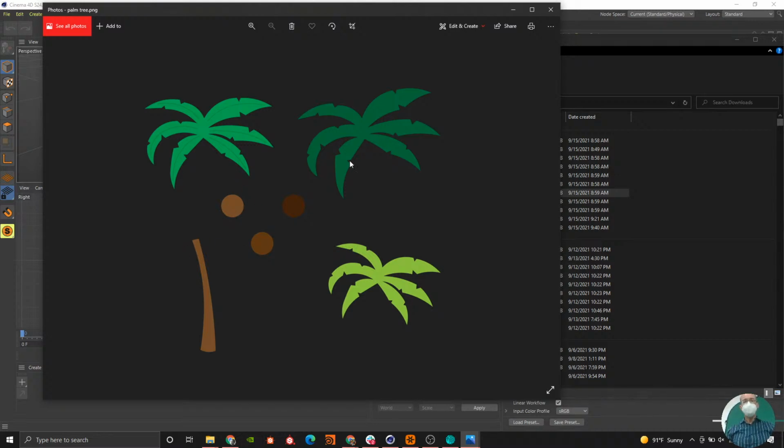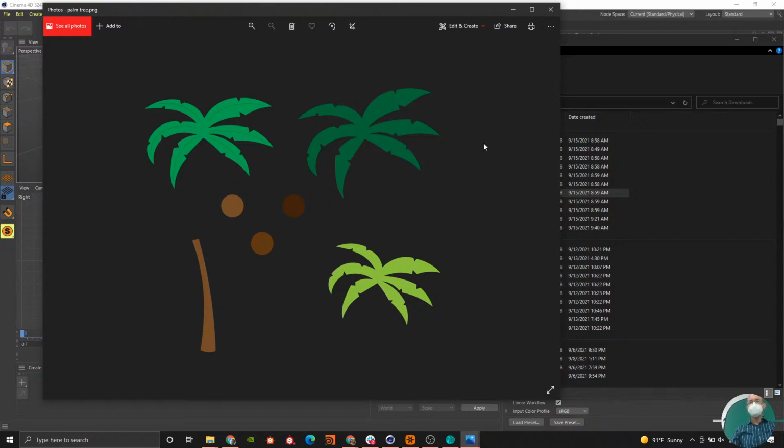We want to have the coconuts, and then the leaf, the main palm tree leaf, and the trunk. Let's look at some strategies here. This will be a little bit different. The trunk has radial symmetry, right? So this needs to be some sort of radial object that goes the whole way around. If we just scale a sphere a little bit, give it a little bit of shaping, I think we can get to a coconut, right? That's not that far. And then the leaf,